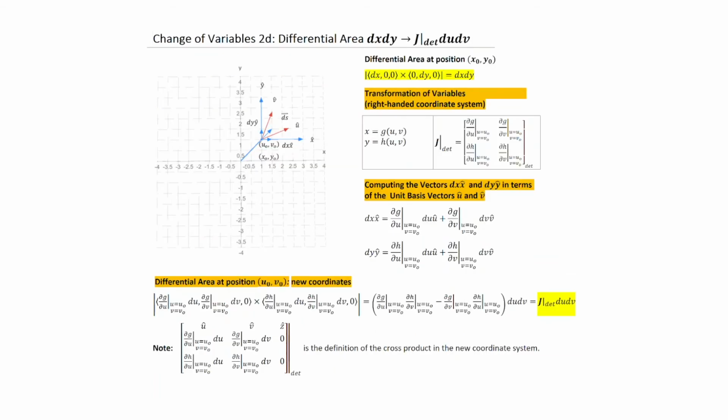All right, so the next thing is we know how to map the boundaries. How do we map differential areas? And so we want to justify that dx dy becomes the determinant of the matrix J du dv. And so there are two ways of looking at it. This one's purely based on vectors, but it doesn't give you much insight in terms of how to relate pictures,